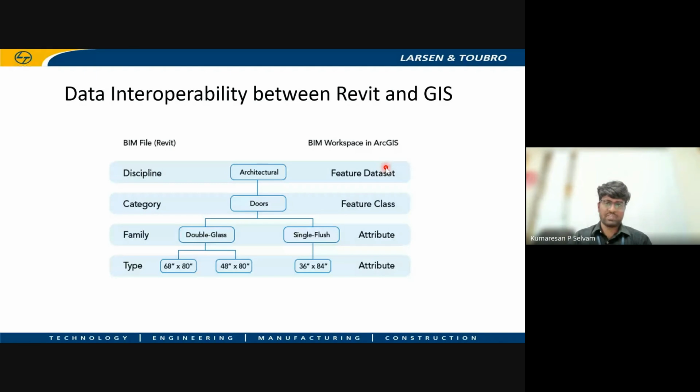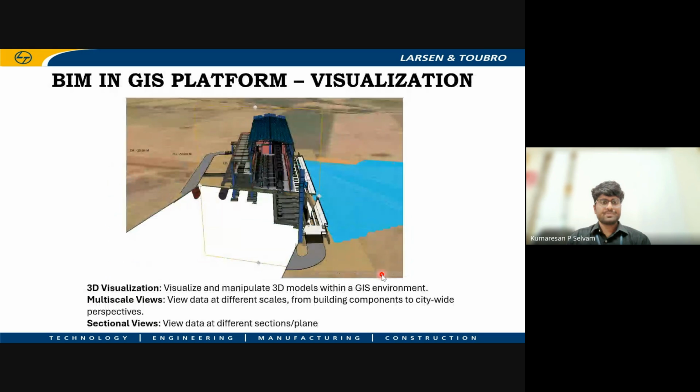Whereas the doors, windows, these categories are called feature classes in RGS. And different types of doors like double glass, single flush, which are called family in BIM file, are called attributes in GIS database. And also the sizes, which is called type in BIM file, is called an attribute in GIS database.